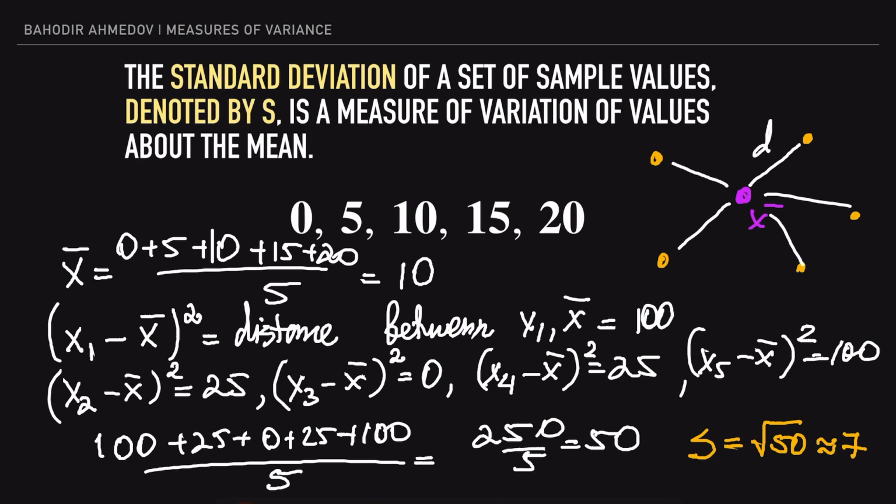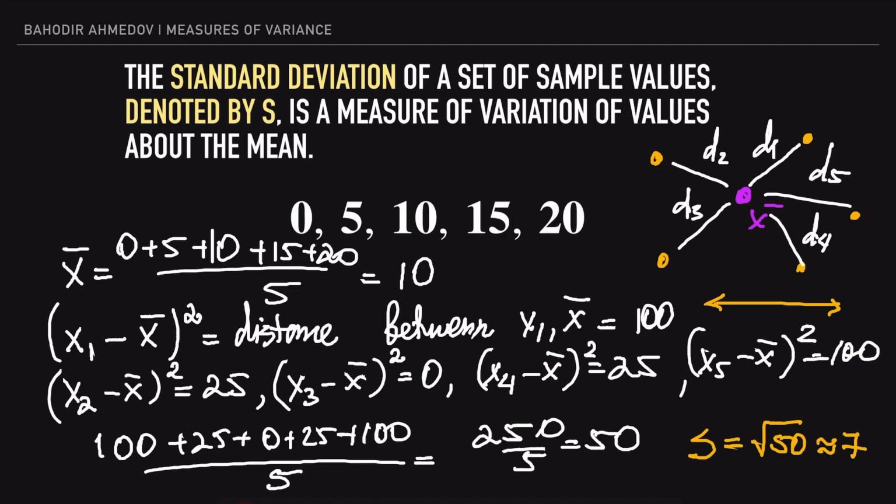So let's say this is going to be the first distance, the second distance, the third distance, the distance number 4, and this is distance number 5. And the standard deviation is going to be the average of all of these distances. So obviously, if the points are more spread, then the average value of the distances is going to be also